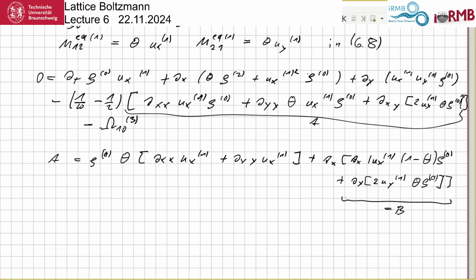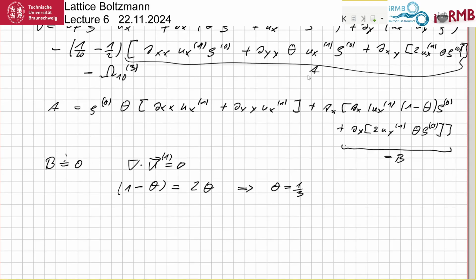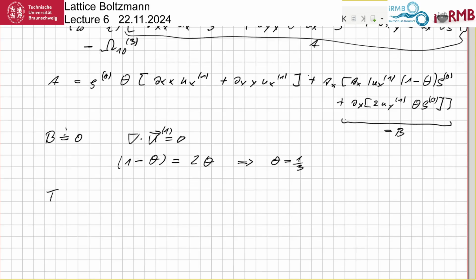Equal to B. So B is a thing that we don't want to have. So we put this to 0, and we know that this here to first order is 0, and we get that 1 minus theta is equal to 2 theta, which implies that theta needs to be 1/3, which is of course what you already had. And then we finally get